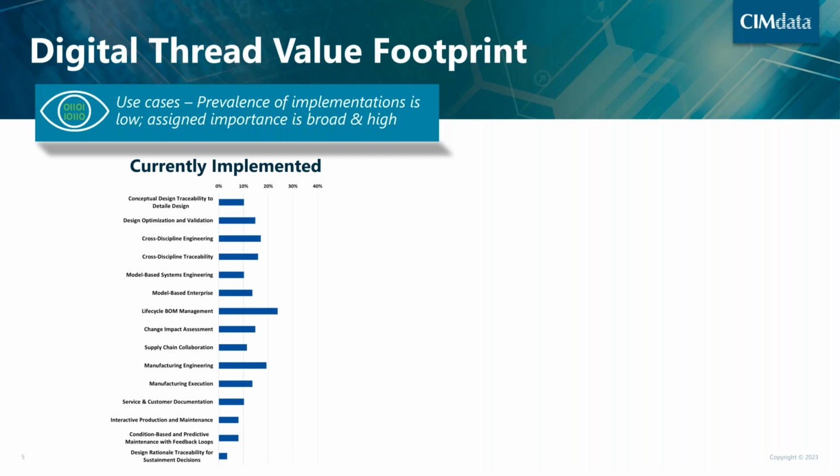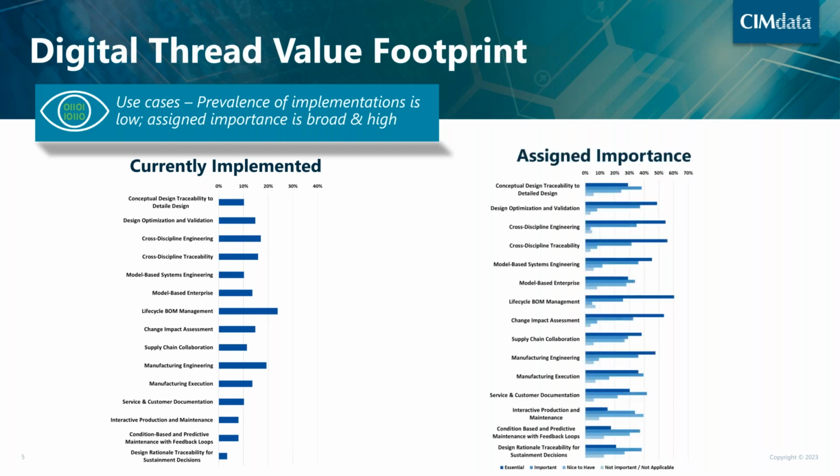Currently, where is the focus being placed? And where we see this is mostly implementations, and the use cases are focused around, again, more traditional areas of lifecycle BOM management, manufacturing engineering. So again, development. But if you look at where people are placing the importance, we see other things coming into play as well, like change impact analysis, certainly continued emphasis on manufacturing, but then design optimization, conceptual design traceability,